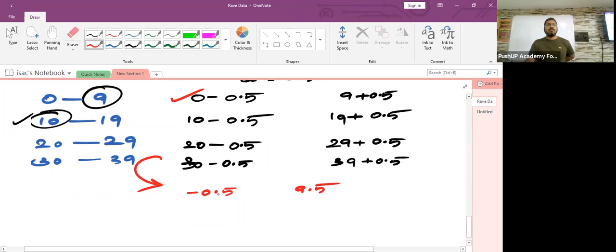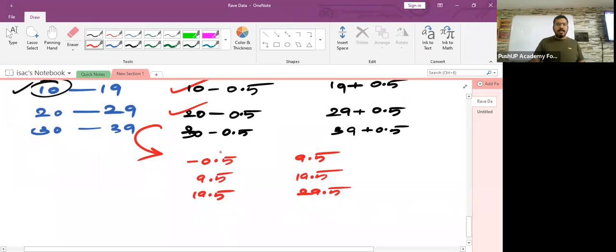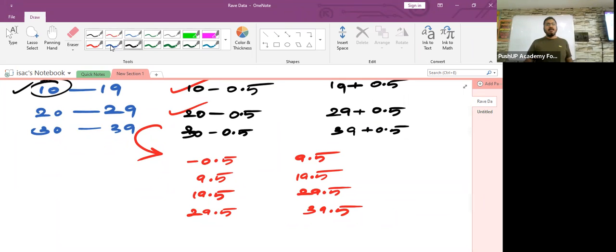What is 10 minus 0.5? 9.5. What is 19 plus 0.5? 19.5. Now this is done. 20 minus 0.5 is what? 19.5. And 29 plus 0.5 is 29.5. The next one, 30 minus 0.5 is 29.5. And here, 39.5. I'm done with the class interval and I want you guys to tell me, is this class